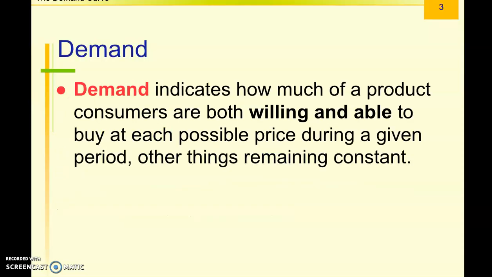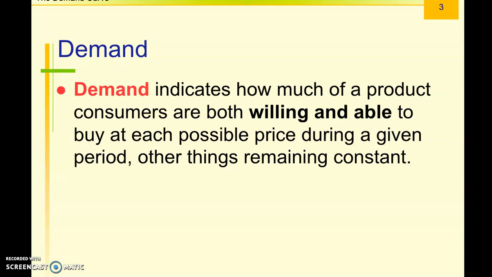So when we talk about demand, economists say that demand only counts if the consumer is willing and able to pay for it. So as an example, I want a Lamborghini. I have the willing part down. I don't have the ability part. There's no way I can afford one. So to be counted as demand, you have to meet both criteria of want and ability to pay for that particular good or service.